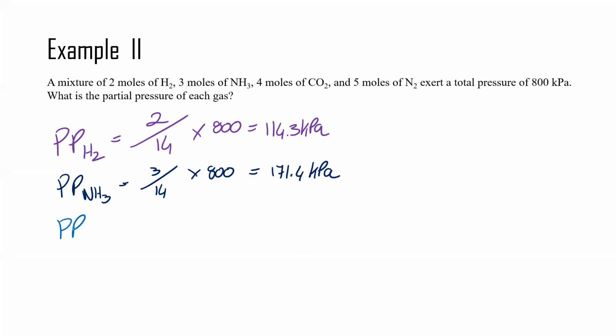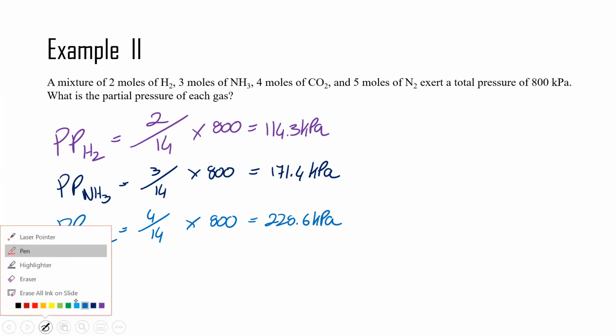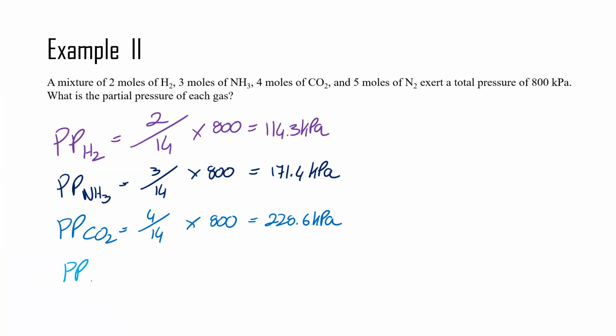Partial pressure of CO2 is going to be equal to 4 over 14 times 800, which is going to be equivalent to 228.6 kilopascals, and the partial pressure of N2 is going to be equal to 5 over 14 times 800, which is equal to 285.7 kilopascals. If you were to add all the partial pressures together, you would realize that the total will be